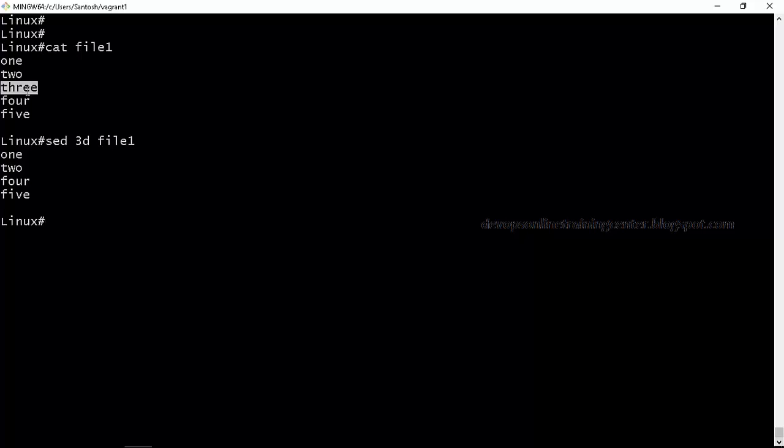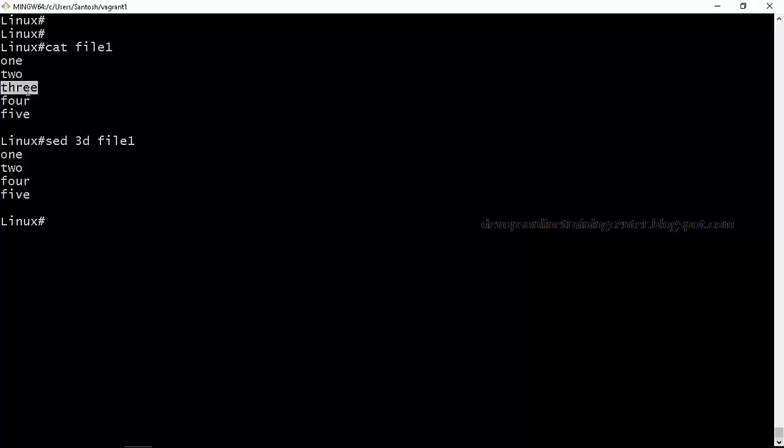Right? So basically we are deleting a line from the file, and we can make it permanent, or yes, we can do that as well. Instead of using -i, we can redirect the output to a temporary file, and that temporary file we can move to the original file. So that also works. In some distributions -i won't work, so that is the option.